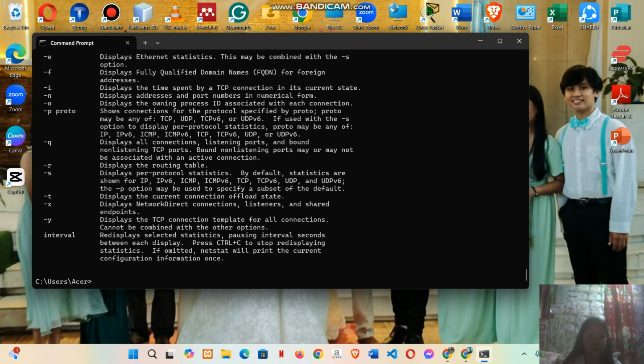And then for step 6, test the routing table. So view the routing table.